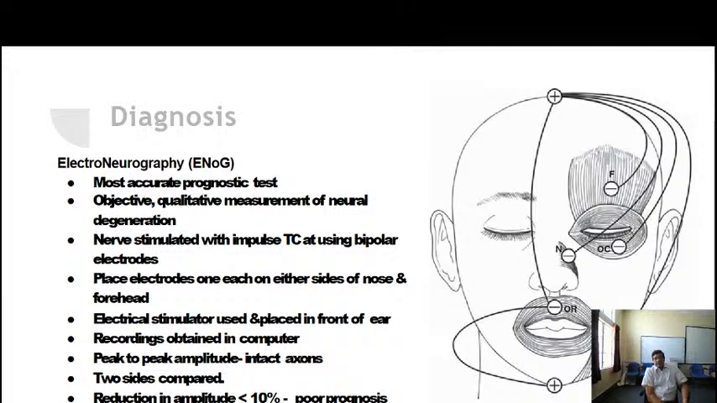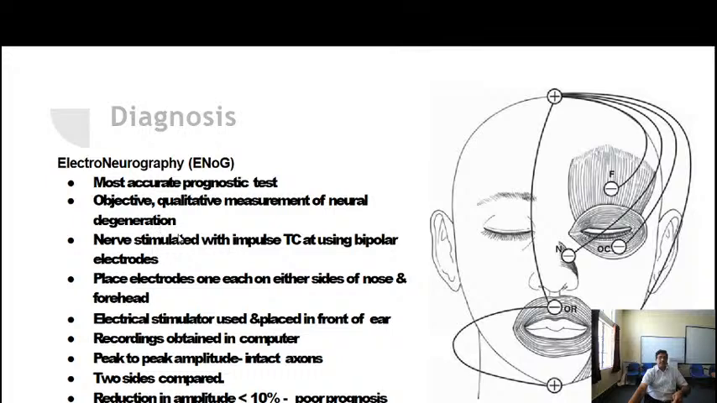And then we go to another test, which is called electroneurography, wherein this is the most reliable test for us to assess the amount of damage of the facial nerve, the most accurate prognostic test. The objective is the quantitative measurement